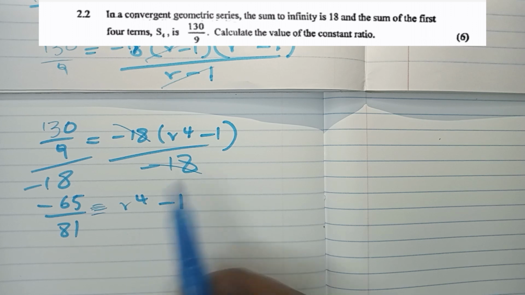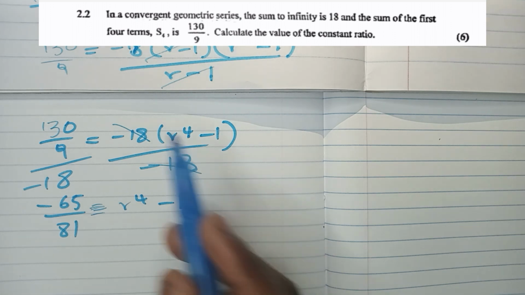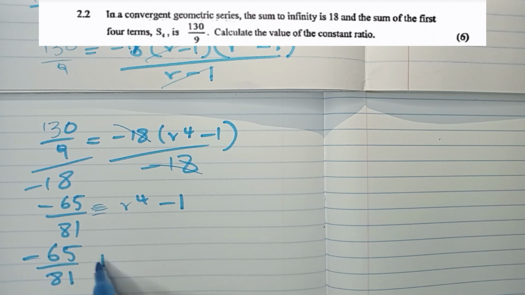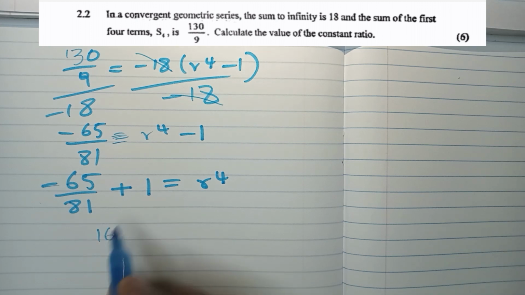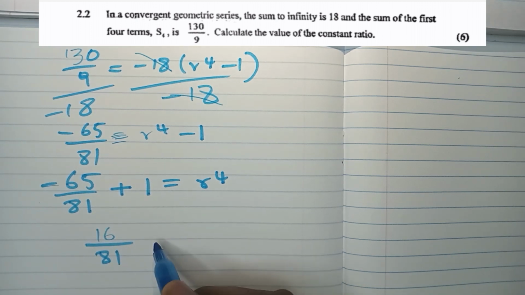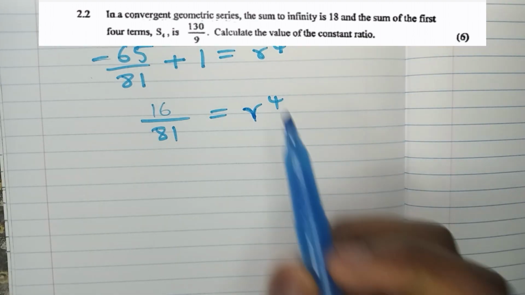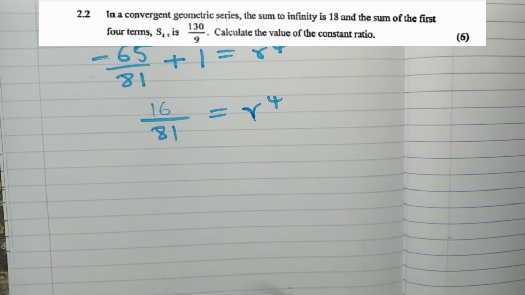So if we have something like this, we will then have to transpose negative 1 to the other side, and then we will have negative 65 over 81 plus 1 is equal to r to the power 4. Our answer will be 16 over 81 is equal to r to the power 4. Because what we are actually looking for is the value of the base. Therefore, we will